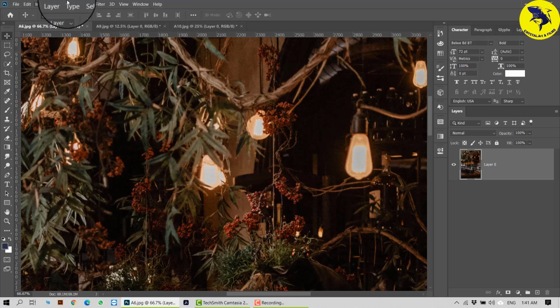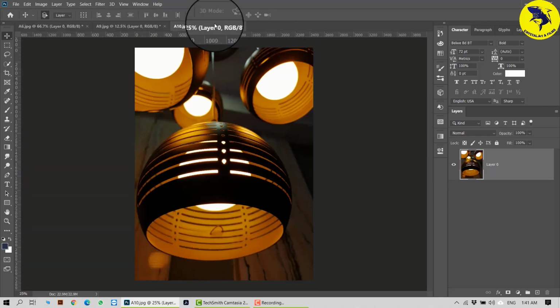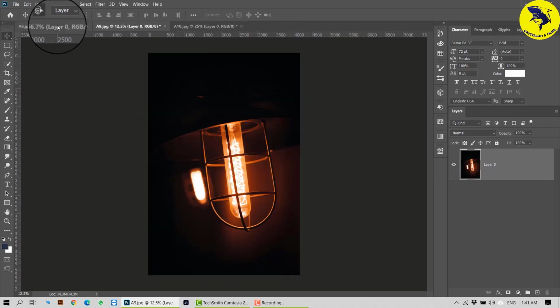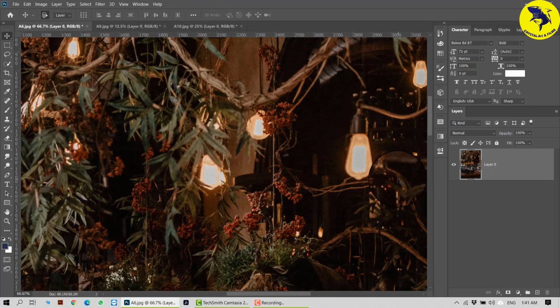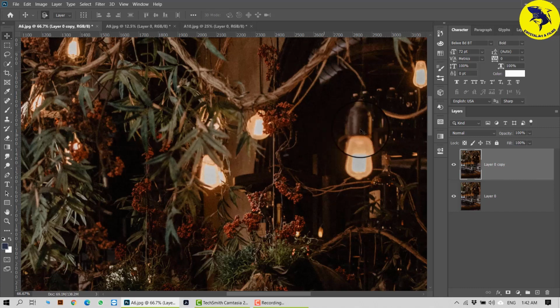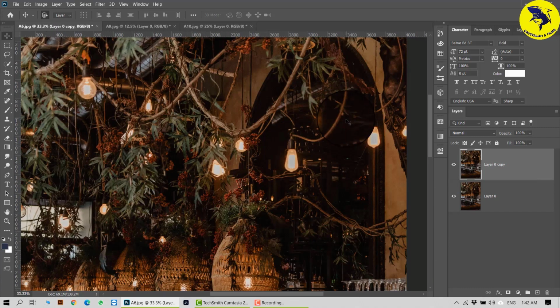First of all, I have opened some pictures here, like a lamp, two different kinds of lamps, and another nice Christmas scene with a textured look. So first of all, I have this picture, and I will duplicate it with Control J. I want to add a little more texture to this picture, so that it behaves like a more grainy kind of texture.